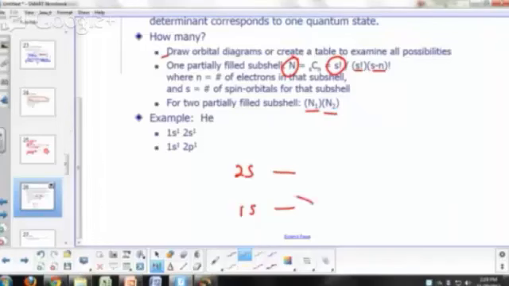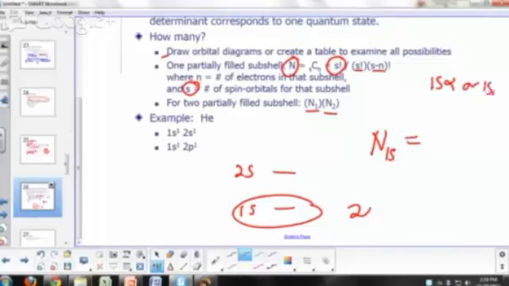How many ways can you assign 1 electron to a 1s orbital? 2 ways, right? So n1s in this case, let's look at the number of spin orbitals here. How many spin orbitals can you have in the 1s? It's 1s alpha or 1s beta, right? So that's 2 factorial over two factorial times 2 minus 1 factorial, and that gives you